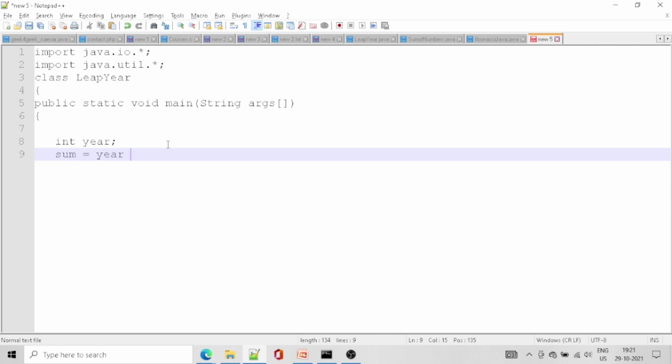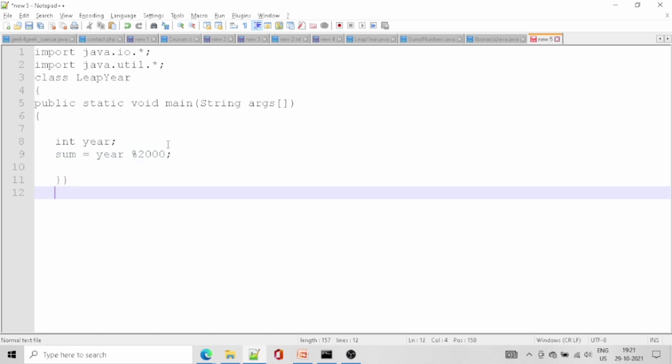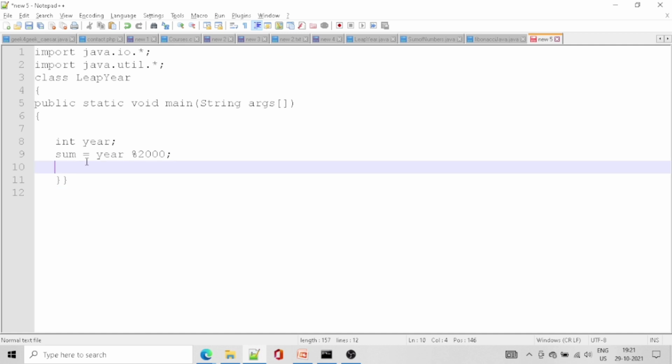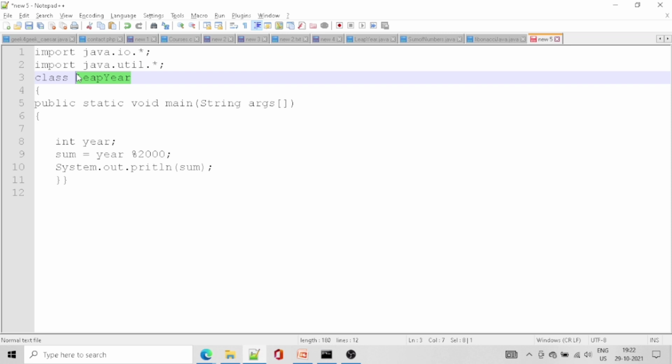Year percentage 2000. We are closing it and we are printing it. System.out.println, and we are printing the sum. So it's not a leap year.